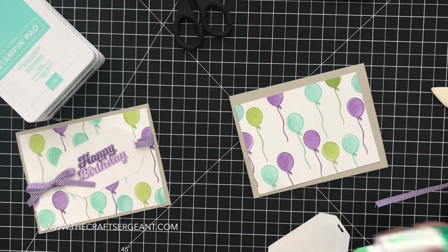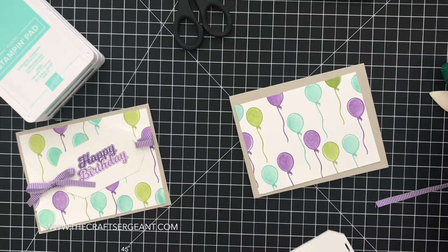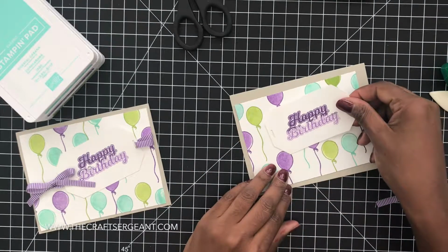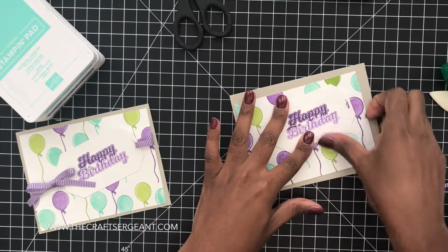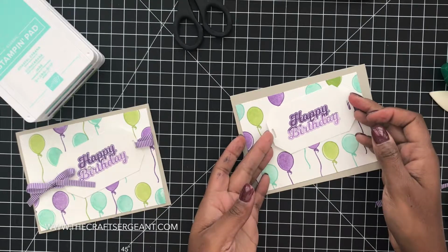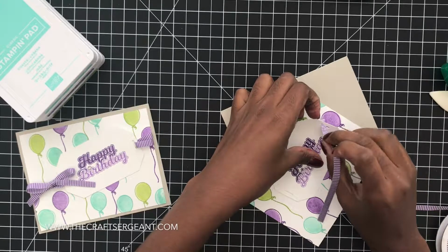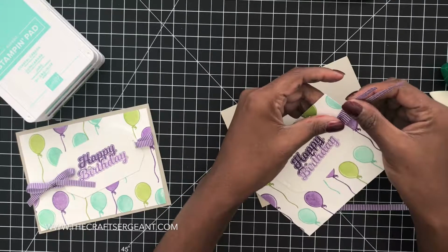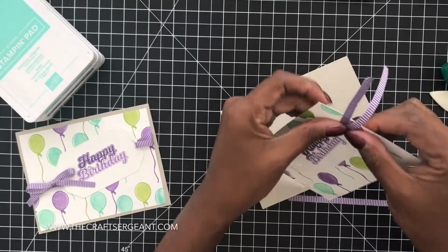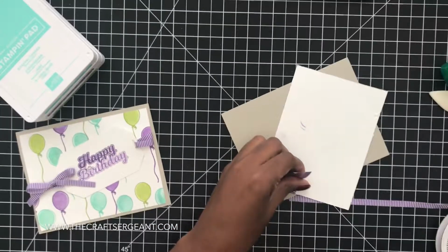And then what we're going to do is take a little bit of our adhesive, and we're going to apply it to the center of our tag, and I'm just going to apply it right here on the edge. Now the reason why I'm leaving the ends up is so that it's easier for me to feed my ribbon through. And so what I'm going to do is feed it through this side of the tag, and then I'm going to flip my card over, and take my snail adhesive